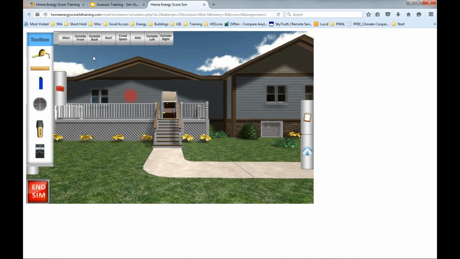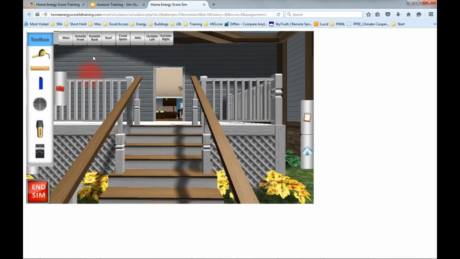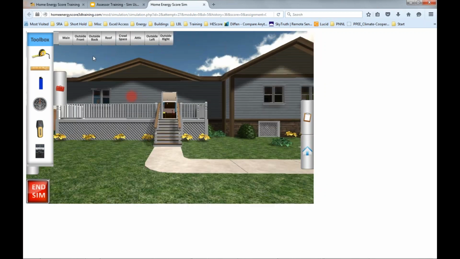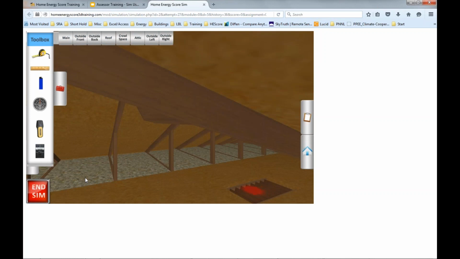You can use the cursor keys to move through the house, but we also have what we call these teleport buttons that get you to where you need much more quickly. So, for example, when you want to collect the information about the attic, we'll jump up there, and as you can see, we have an insulated space here, and we have an uninsulated hatch, and we're going to measure the insulation depth,